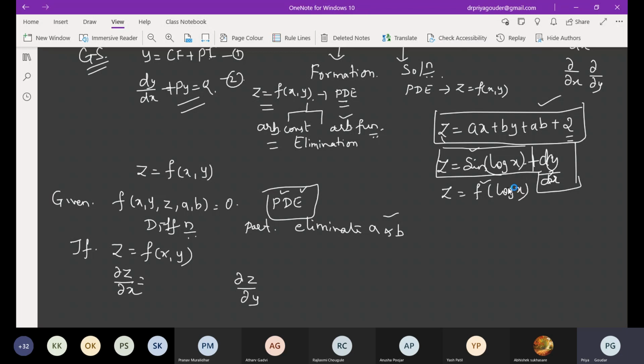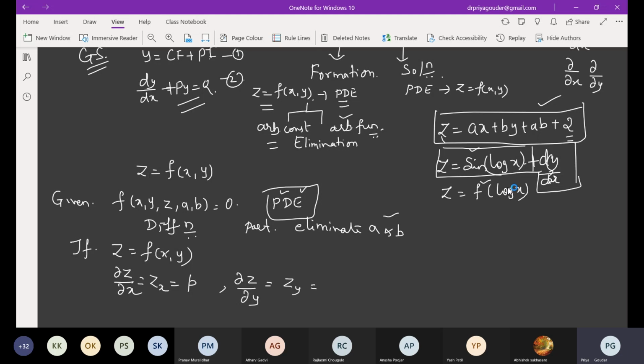Now this simple notation for this, we'll use it as zx. One more notation we are going to use in this topic of PDE, that is small p. What is small p? Throughout the topic it is dou z by dou x. Z is a function of x and y, don't forget. Similarly, dou z by dou y is denoted as zy.